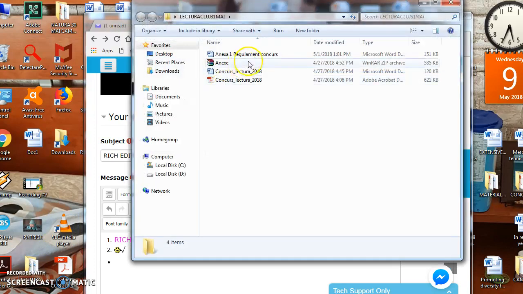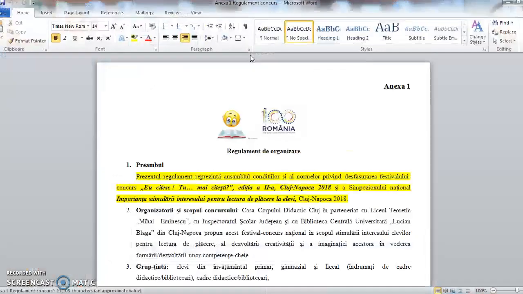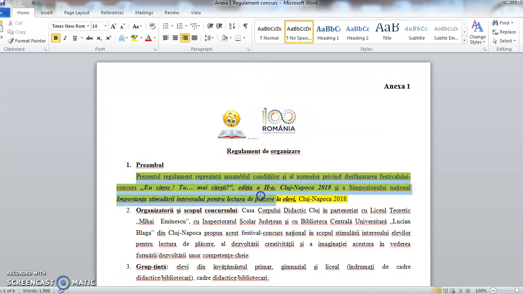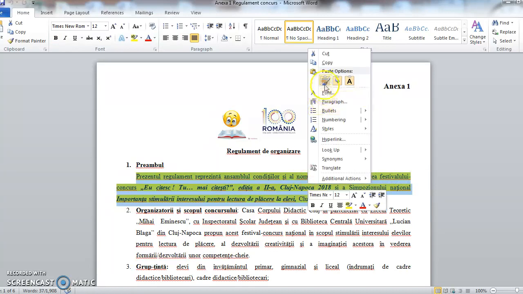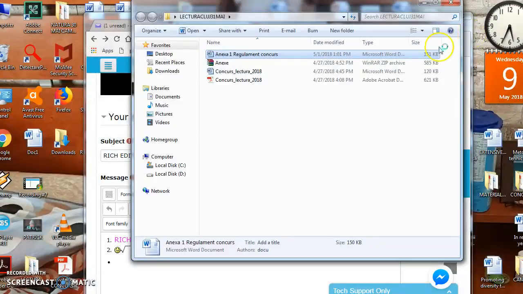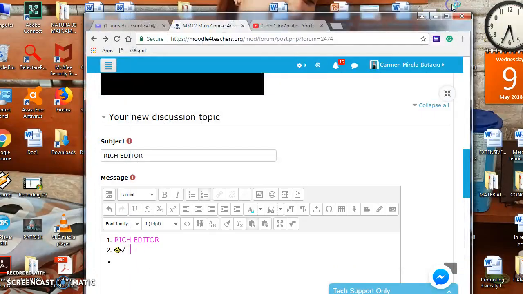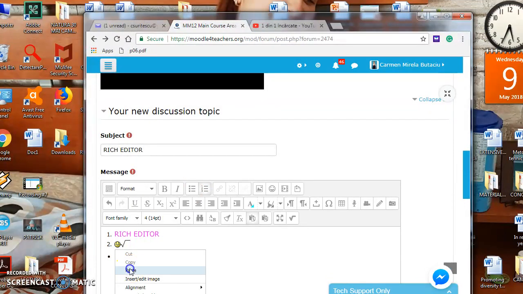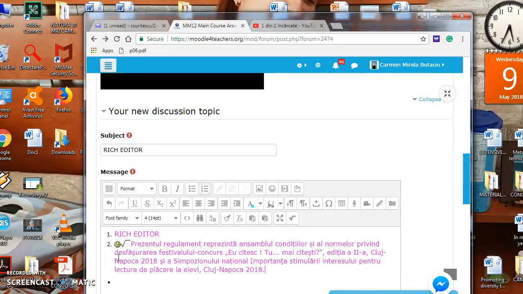I will open a file and I will choose something in Romanian so that you can see Romanian. I will copy it and paste it here. Okay, then